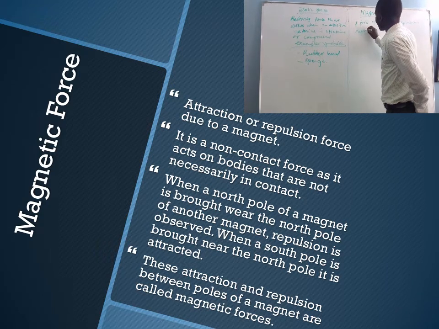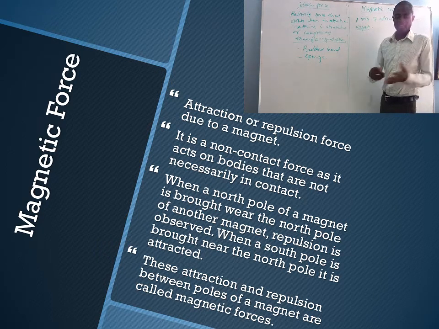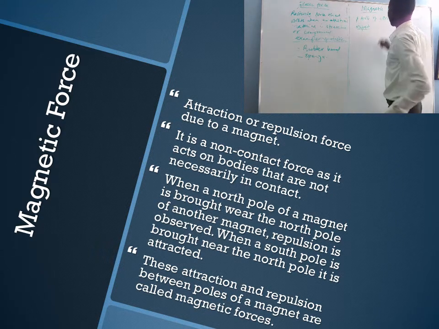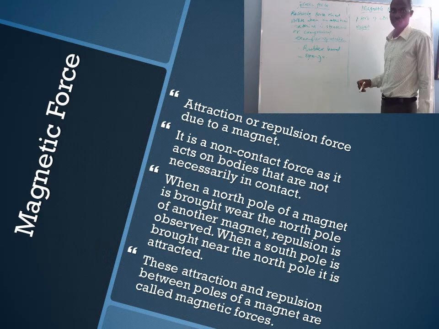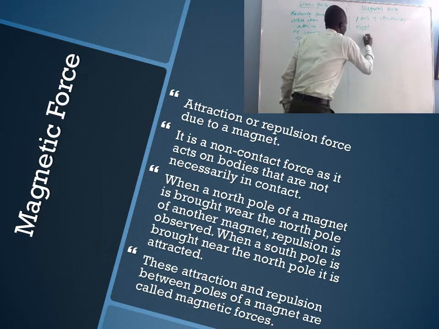So if two bodies are either being attracted or repelled due to a magnet, then the force which occurs between those two bodies is a magnetic force. For example, if we have a bar magnet,